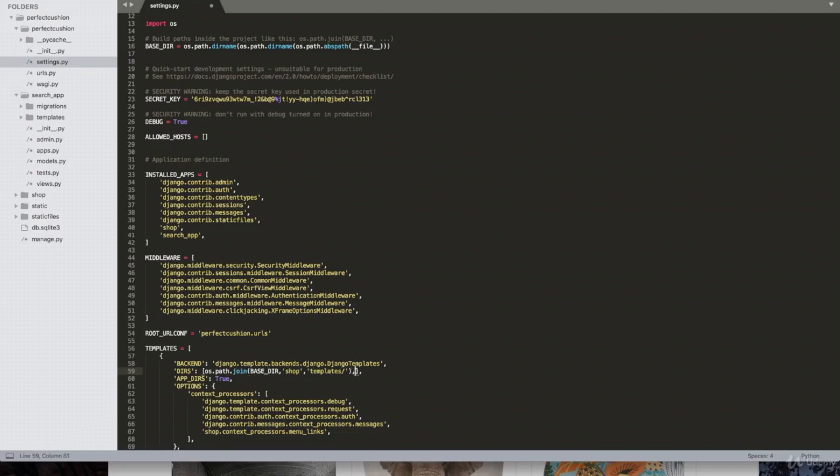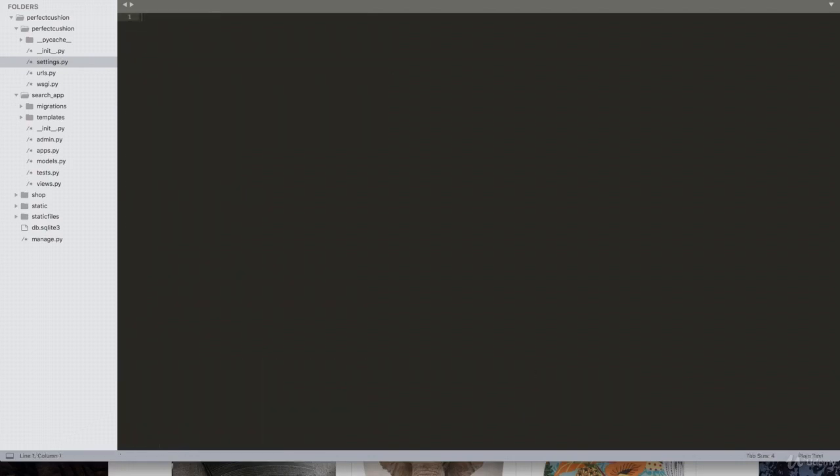So after the bracket, put a comma and then type os.path.join and then in brackets base_dir, this is the perfect cushion directory, and then comma, single quotes, search_app, comma, templates, and then /. Save the file, close the file,